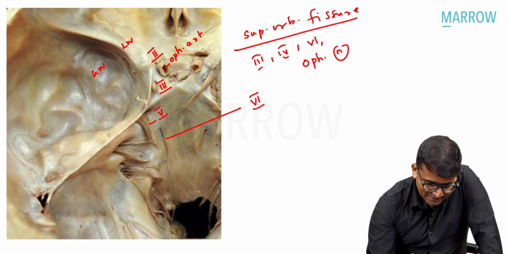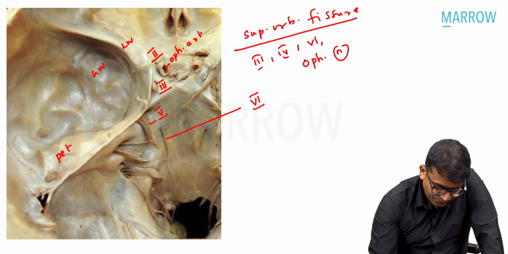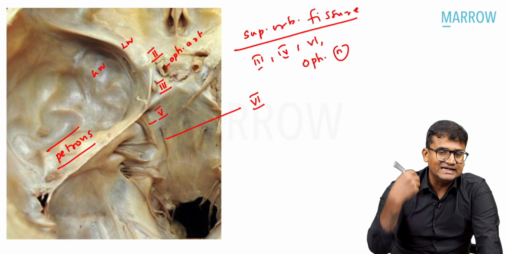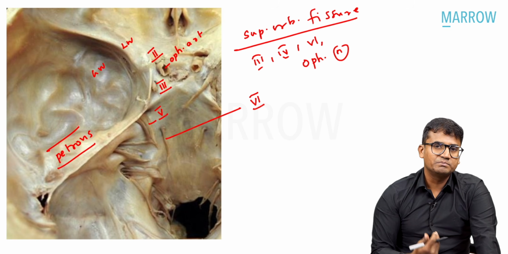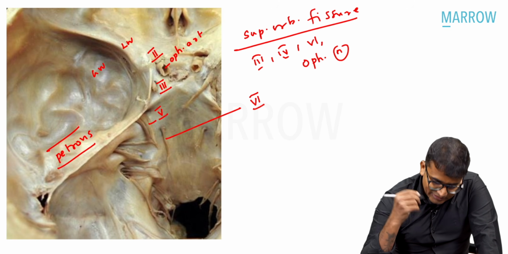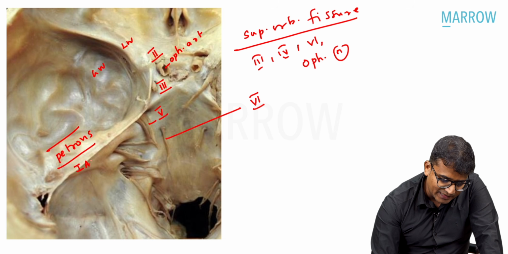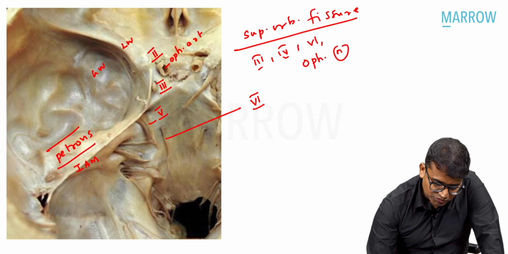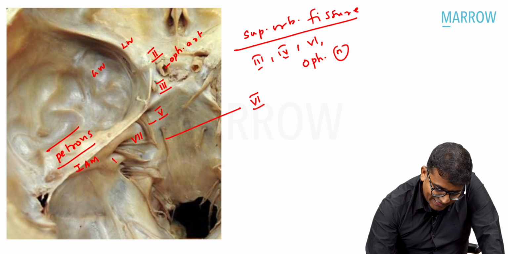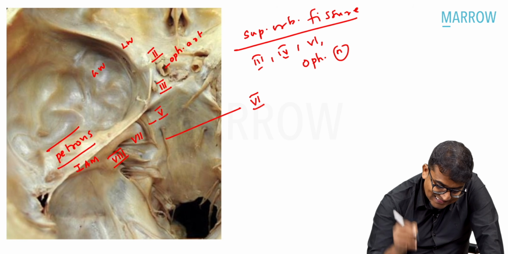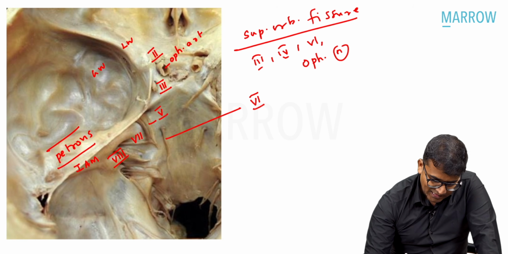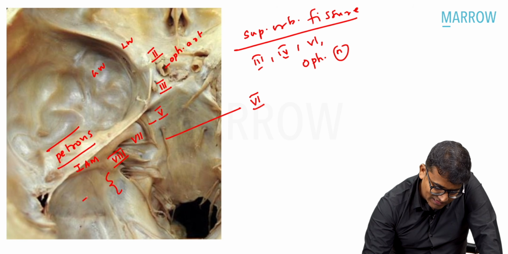Okay, and this is the petrous temporal bone. In the petrous temporal bone, the middle ear and inner ear are present. In the petrous temporal bone you are seeing an opening, that is the internal auditory meatus. The 7th nerve and the 8th nerve pass inside the meatus, and just behind that is the jugular